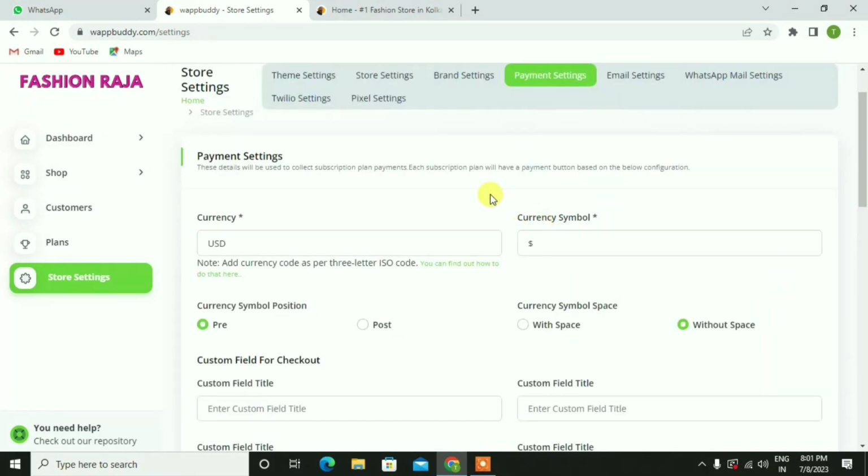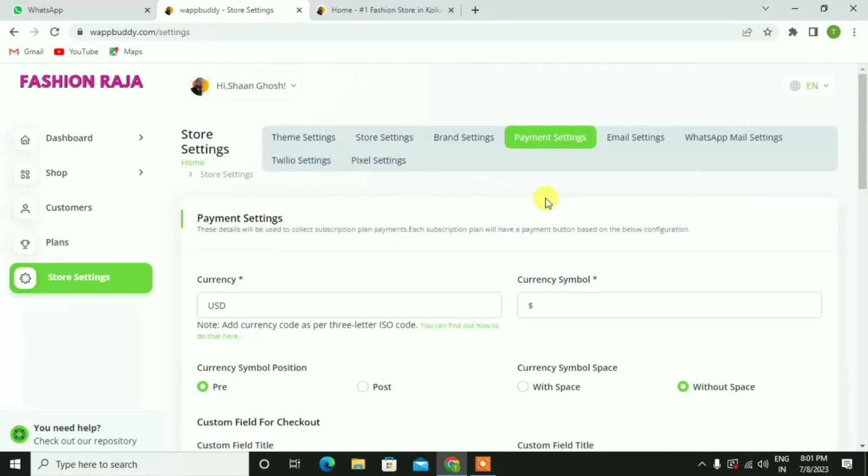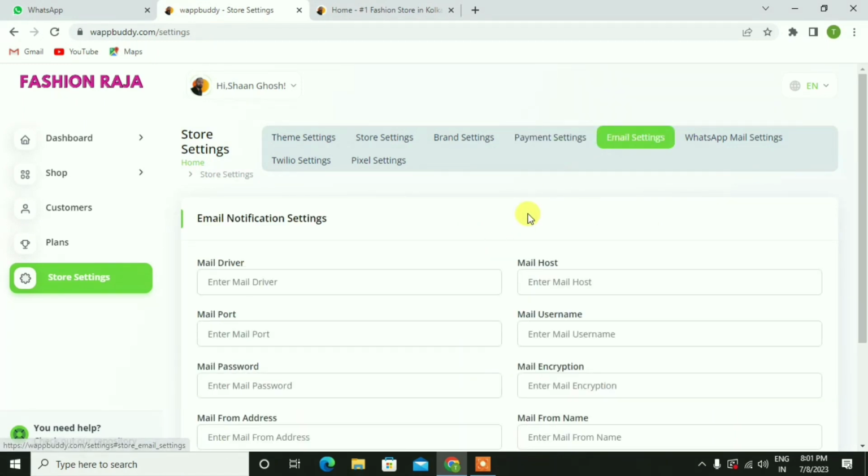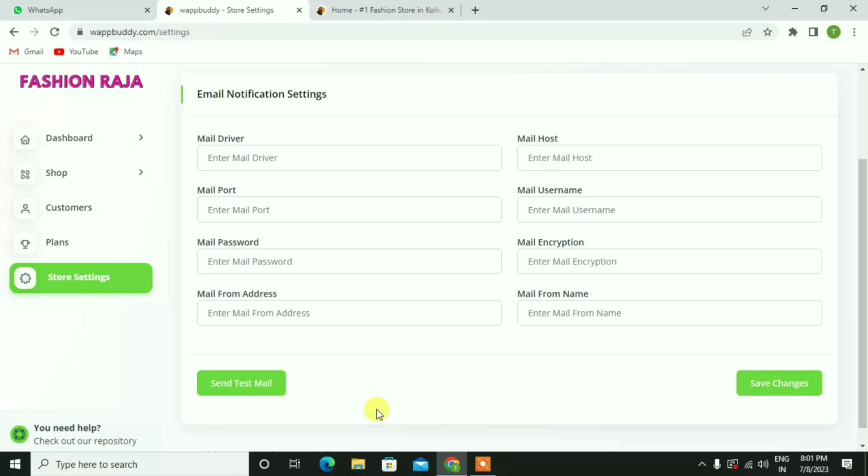So it doesn't matter which country you are in, the most popular payment gateways are available over here. You can select any one of them and integrate your payment gateway on your website in order to collect the payment into your bank account. Now the next option we have is email settings. You can put all the details over here